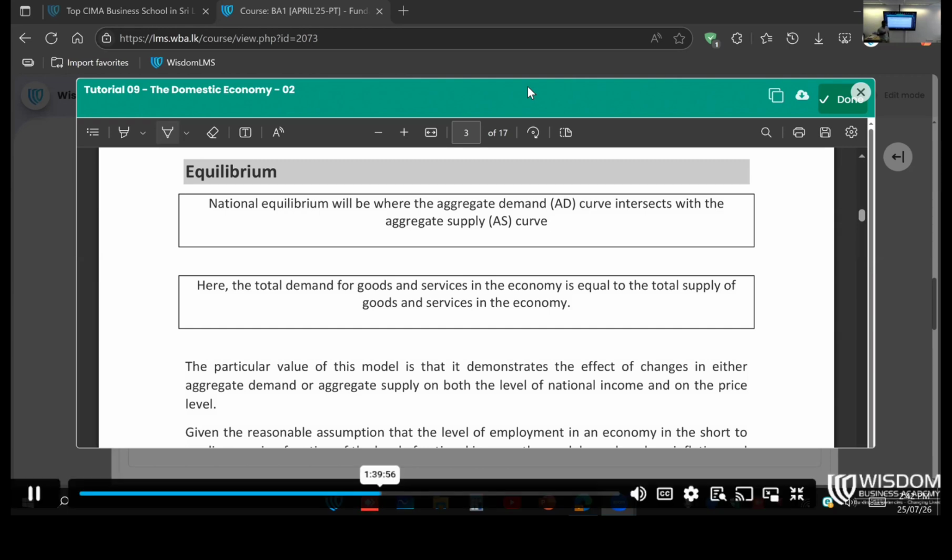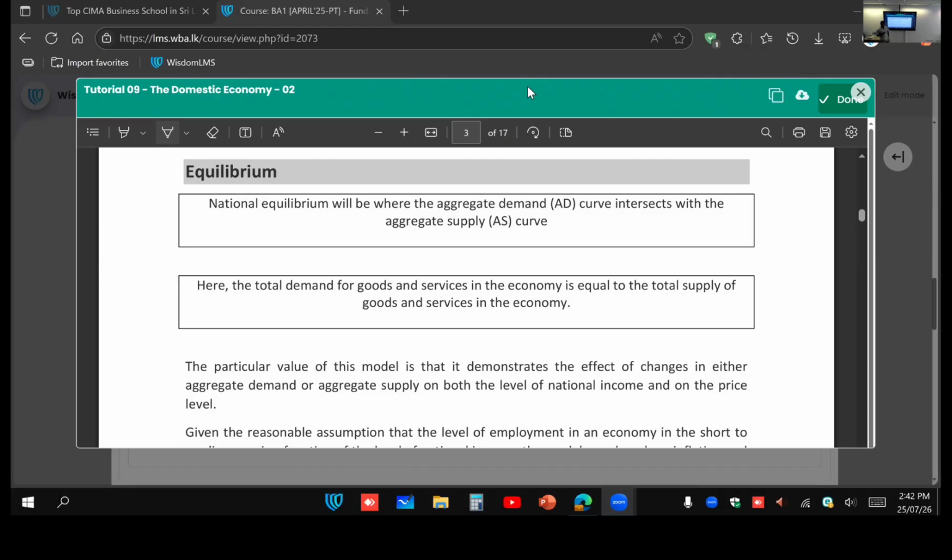Now, small confusion. For this to be in equilibrium, I said